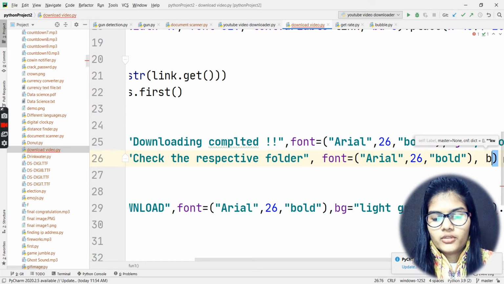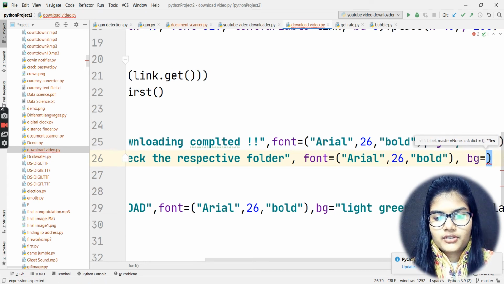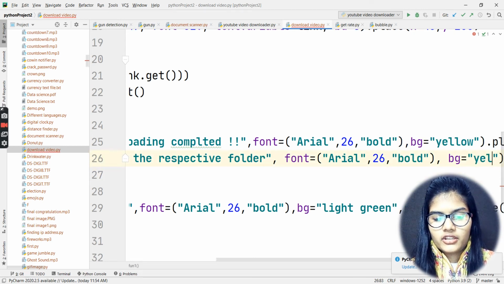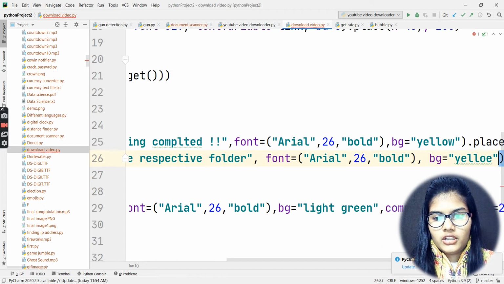Next the font is done. What about the BG color? So the background would remain the yellow one. Let me do the same right here. So it's yellow. Okay. Fine. Now that's completely done. Background color is as well done. Now you simply have to